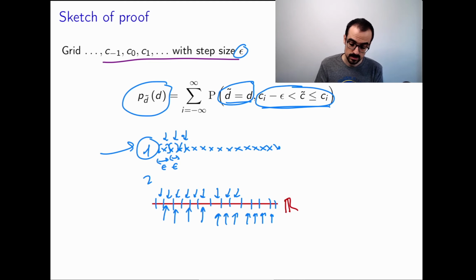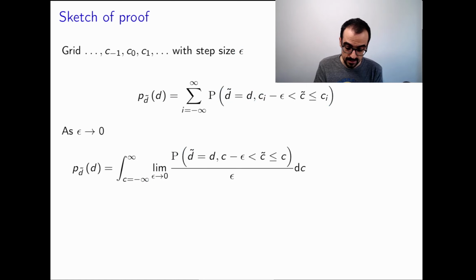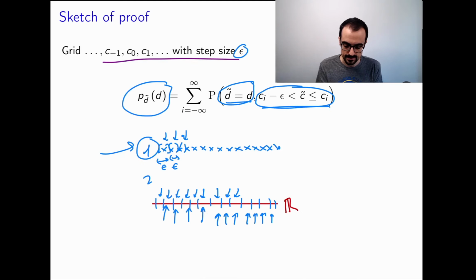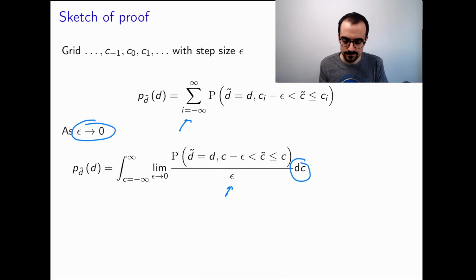And now what we can do is take the limit when epsilon goes to 0, and when epsilon goes to 0, this sum, and this is getting into calculus, is equal to an integral where we have divided by epsilon to get a kind of density, and now we have this differential of C. When we make these discretized intervals go to 0, that sum eventually becomes an integral. Again, this is getting more into calculus, but once we have that integral, it's nice because now